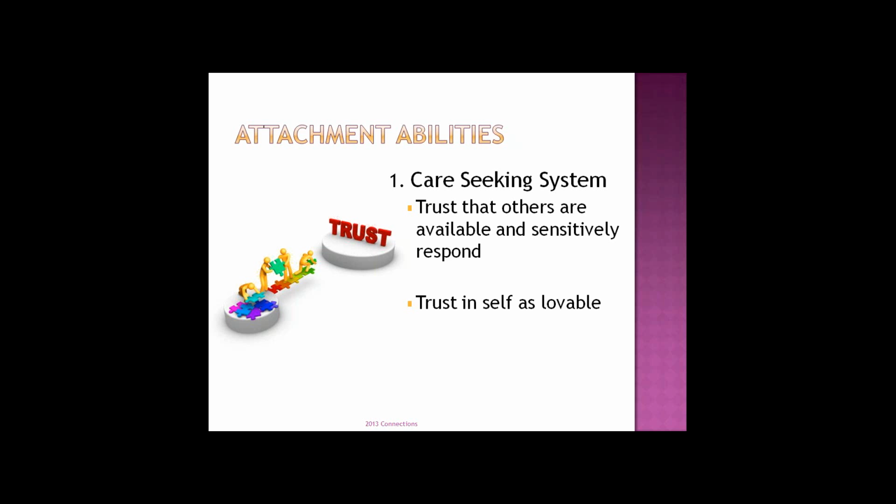That means that you are going to work to seek and get care, which results in connection from other people. So one of the first beliefs you've got to develop and strengthen like a muscle is to trust that others are available and will sensitively respond. Now, I hear the red flags go up. I hear the negating. It's like, are you kidding? There isn't anybody who's trustworthy. I don't trust people. They're never available, and they certainly don't respond appropriately.